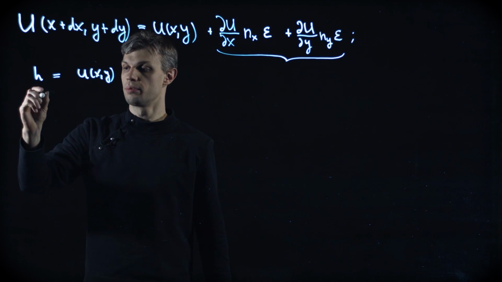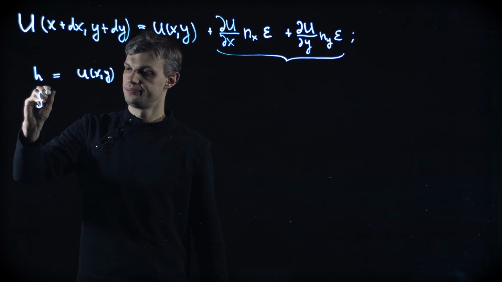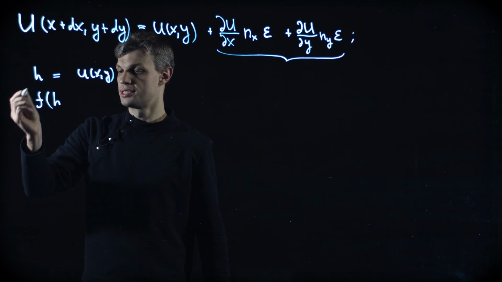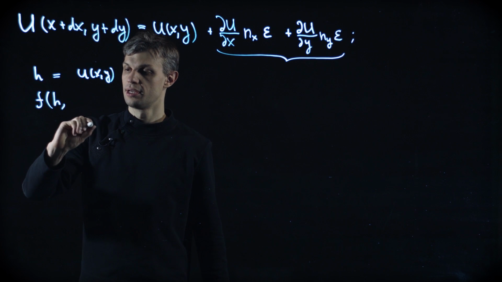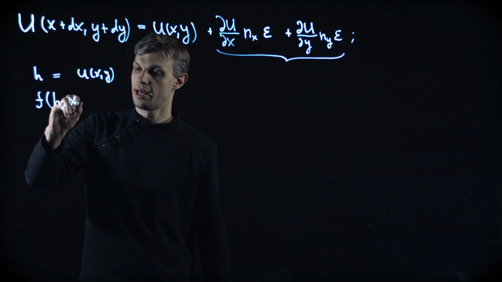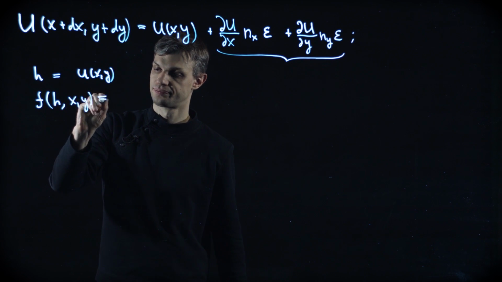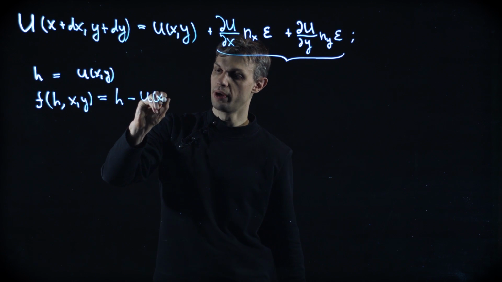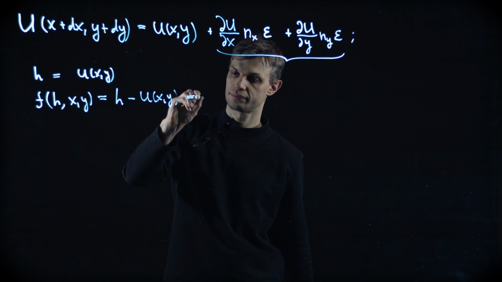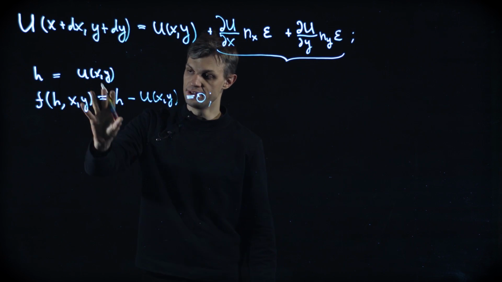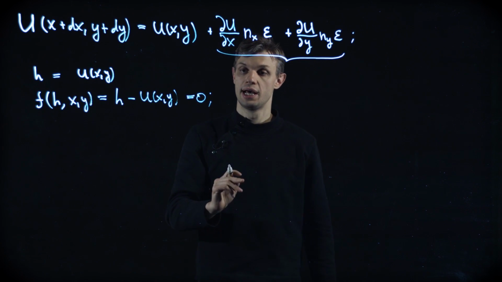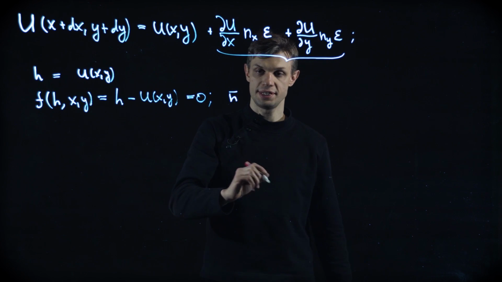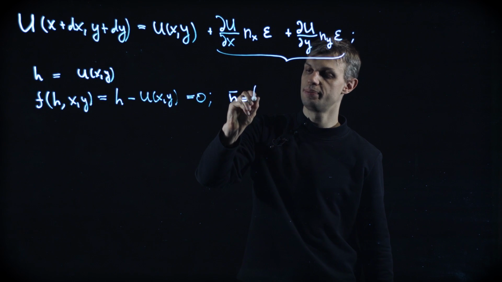Or rather, we would better define it like that. So we introduce some f function, the function of altitude, x and y. It's equal to h minus u of x and y is equal to 0. So this is the definition of our surface. And the normal direction is the direction of the gradient. So it's simply